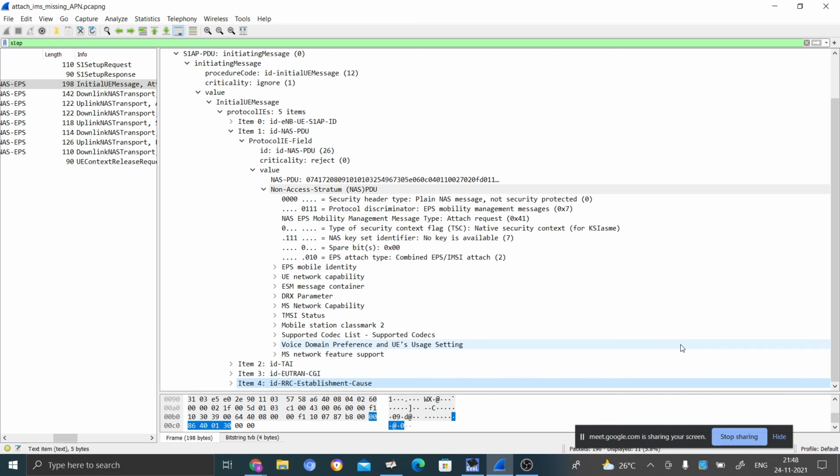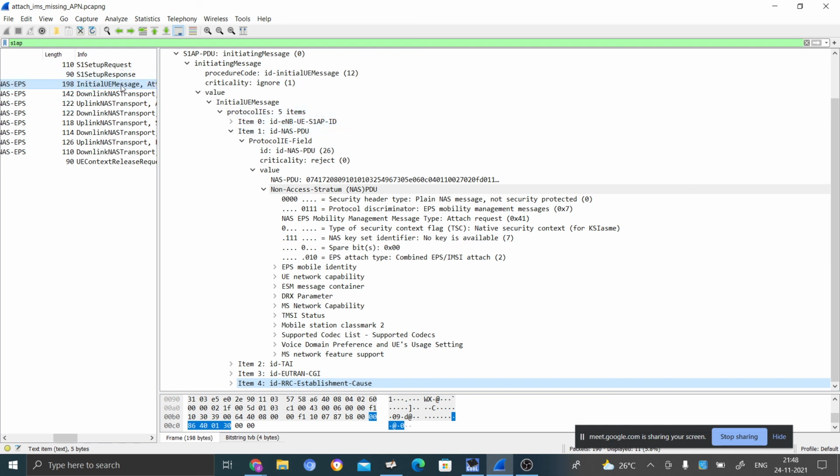It's an identity, right? Where is the S1 interface? S1 application protocol, right? This is the S1 application protocol identity, linking the eNodeB and the UE, along with the MME.